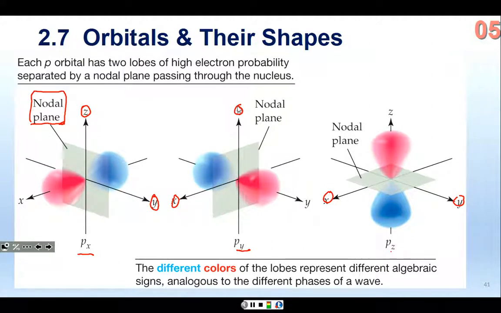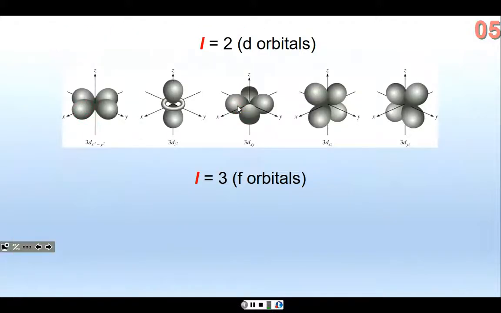So there are different signs correlating to the phases of a wave, which would represent each of the lobes of these p orbitals. All right, so there are two lobes, and there's a nodal plane in the middle where those electrons don't occur. Now, if you get to L equals 2, when you keep going on your quantum numbers, that only